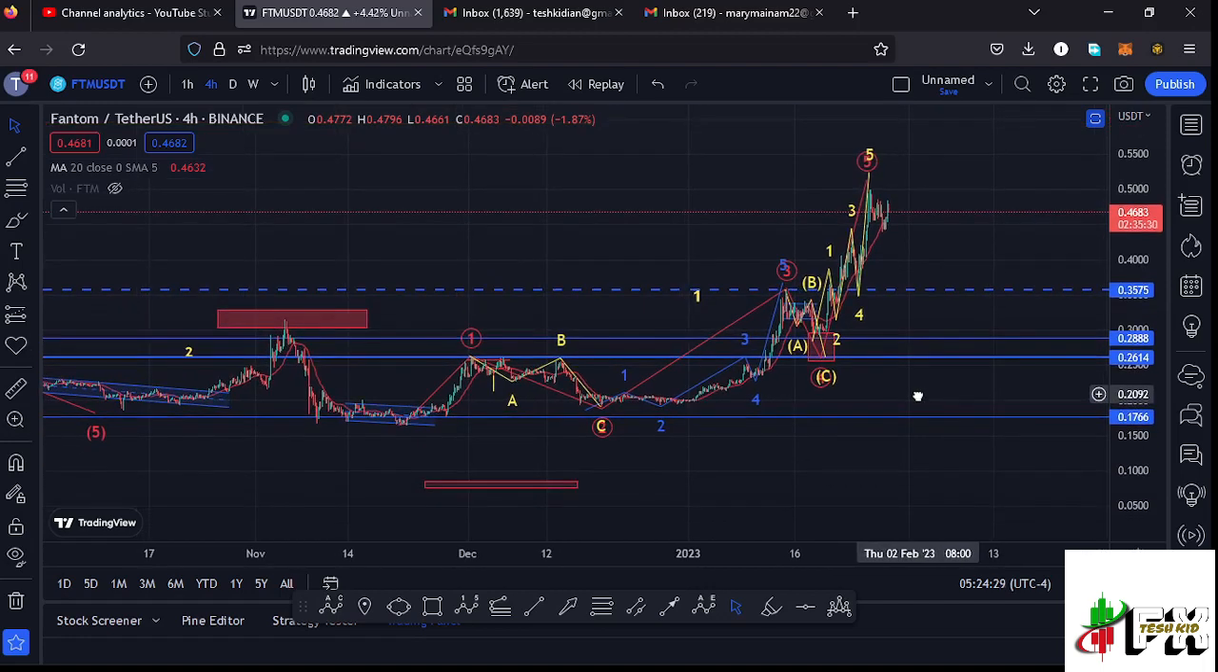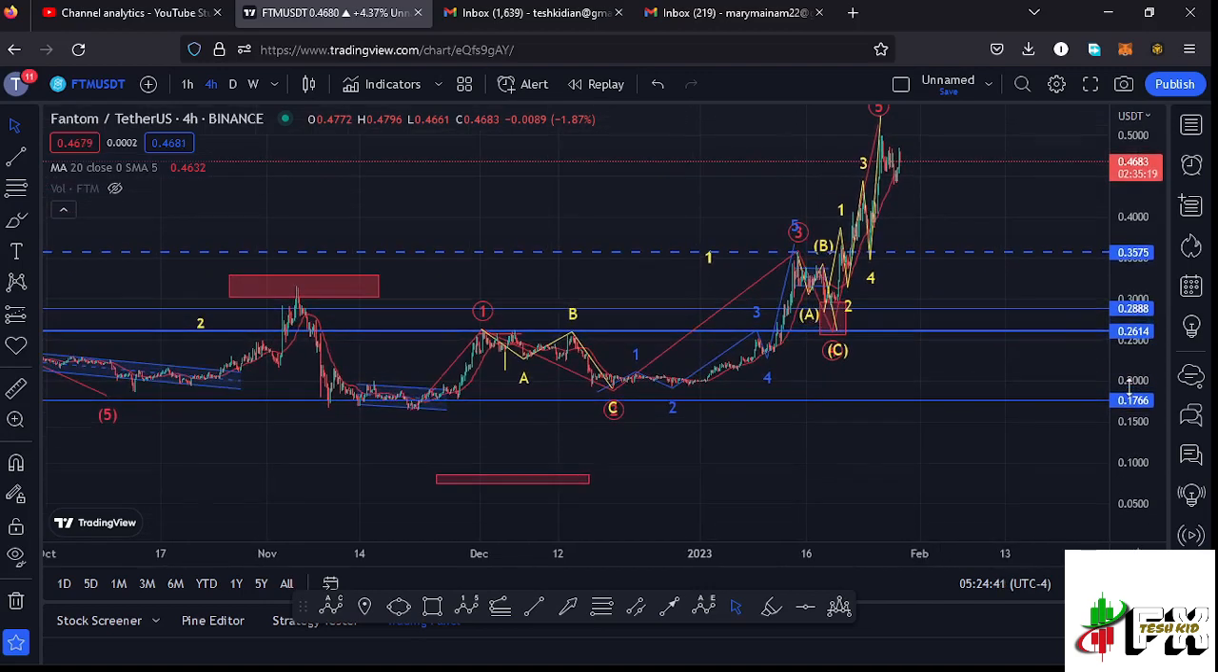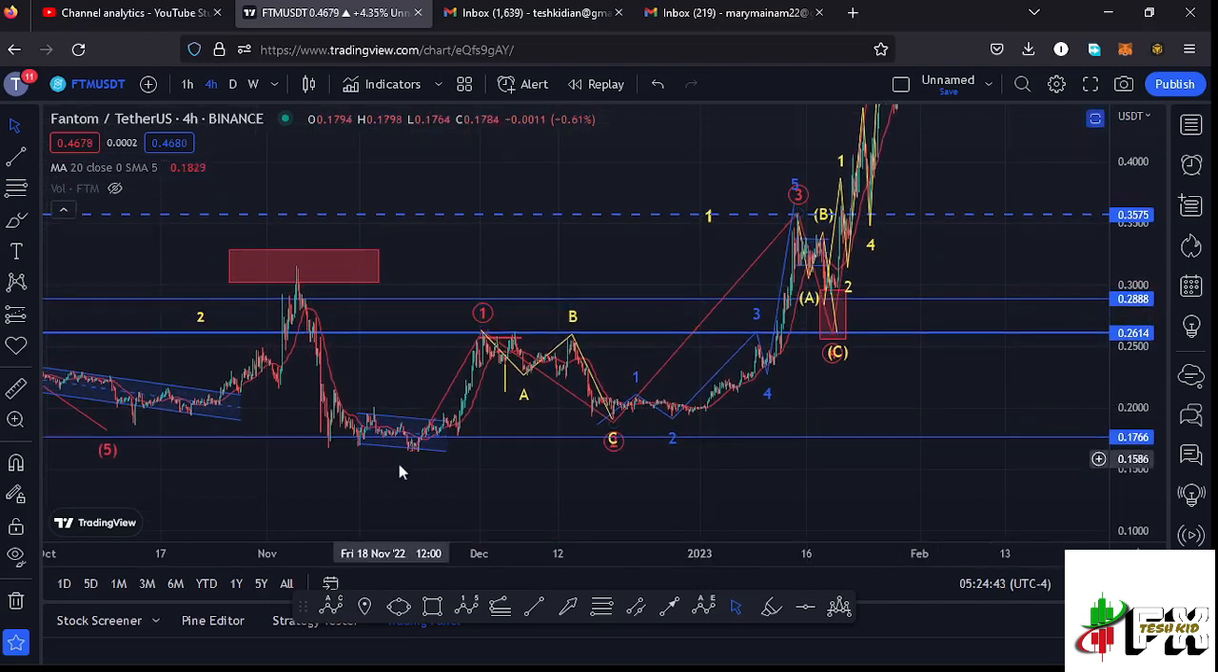And allow me to start the video here on the 4-hour chart by first giving you a recap of what has been happening before I give you the short-term scenarios and also my next target areas for the price of Fantom. And here on the 4-hour chart you can see that after making our low at around the $0.16 mark,